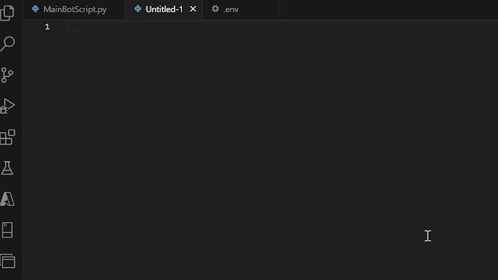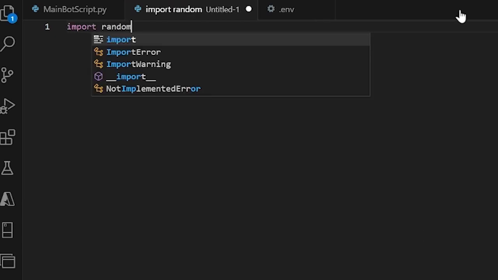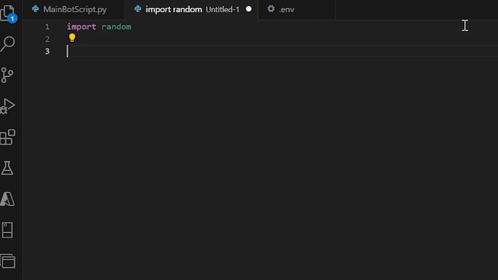And because this is a library, we are going to have to write import random, and this just means that random is not a built-in thing in Python. This is something that you're going to have to import and just know the functions that there are behind it. So in my opinion, the random library has four very useful functions that you want to know. So the first one is